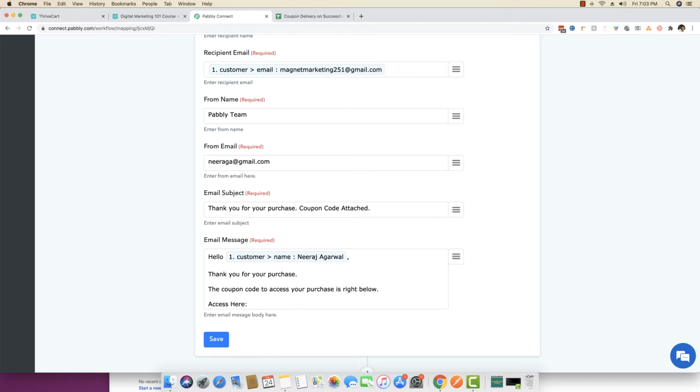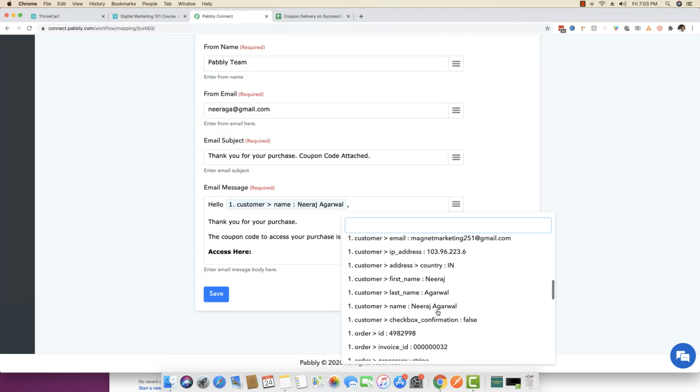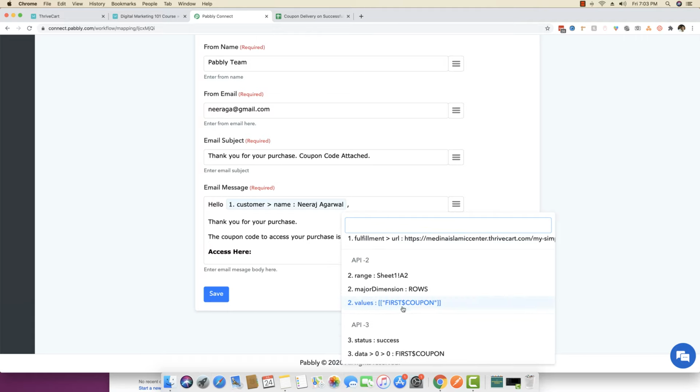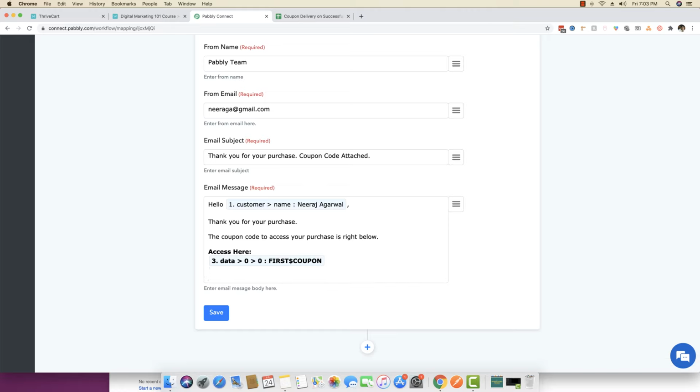Access here. So I'll just bold it because it looks good in bold, and I will add the value from the JSON extractor that we earlier got. So I'll just map the first coupon value right here. And then I will write thank you, because I do not want to bold it.